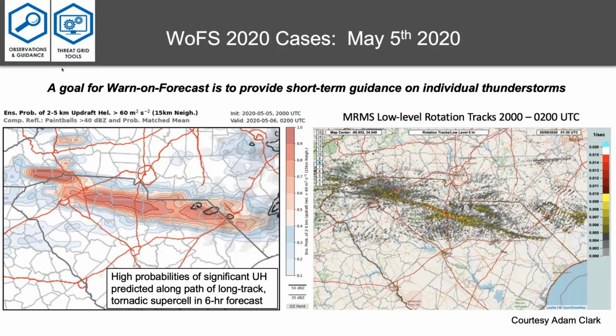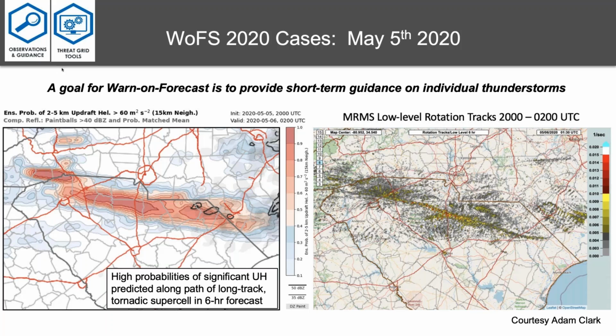And it ended up being a real highlight case for WoFS, mainly because one of the goals is we want to move beyond providing the regional guidance that you see on the watch scale and onto storm scale guidance, so something that's akin to predicting the individual thunderstorms. And in this case, WoFS picked up on the signal of this supercell developing and having a pretty long track to it early on, and this is a 6-hour forecast that was initialized at 20 UTC or around the time